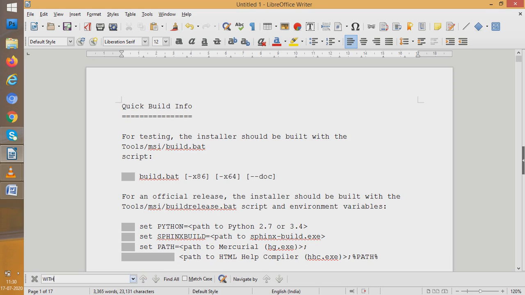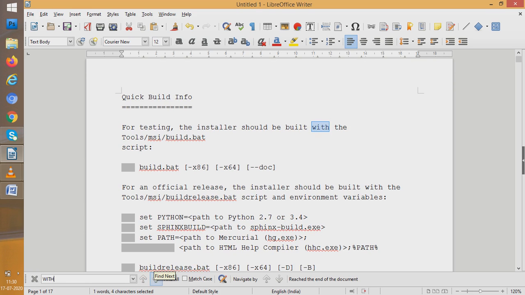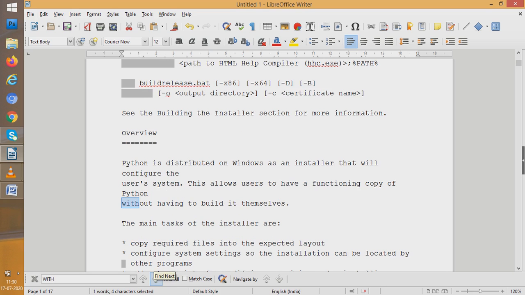Now if I click, see, it showed there actually is a with. Now find next, again click it, see with it is showing. Then again find next, see here, but it is within the word without. So even with within a bigger word will also be shown to you.